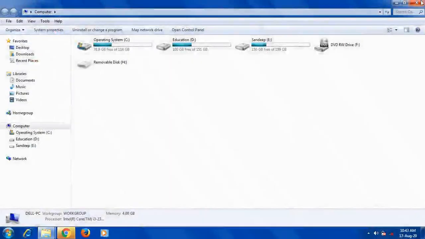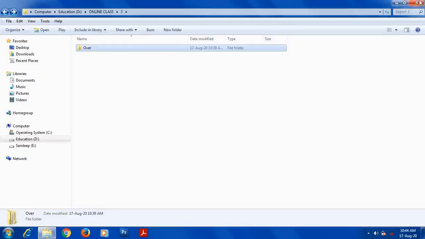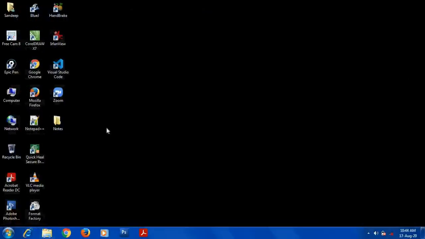Now the point is how we can customize this taskbar. It is not given in your textbook, but for your knowledge I am showing these points. If you want to add any application here, for example, now I want to add Adobe Photoshop to this quick launch bar, just drag and drop it here. When you drag and drop, that application gets added to the quick launch bar, and just one single click is enough to open that application. For example, the computer icon is not opening because other applications are already open. So let me add Zoom. Drag and drop it here.